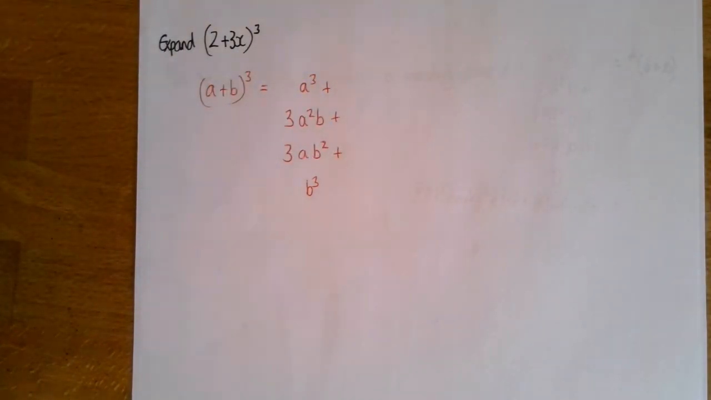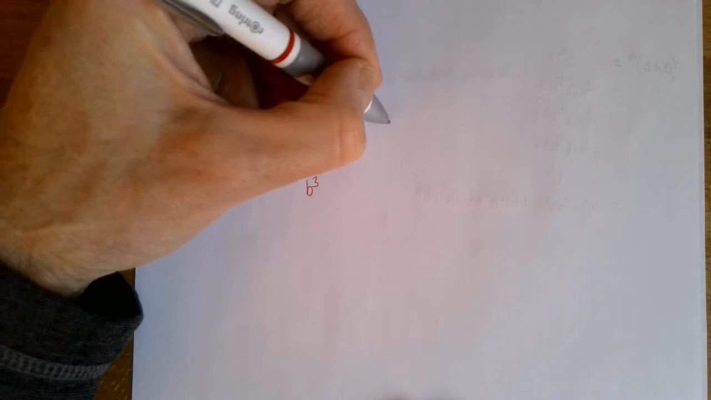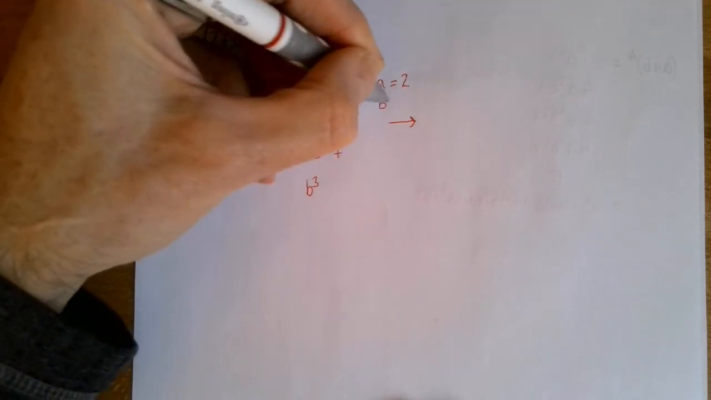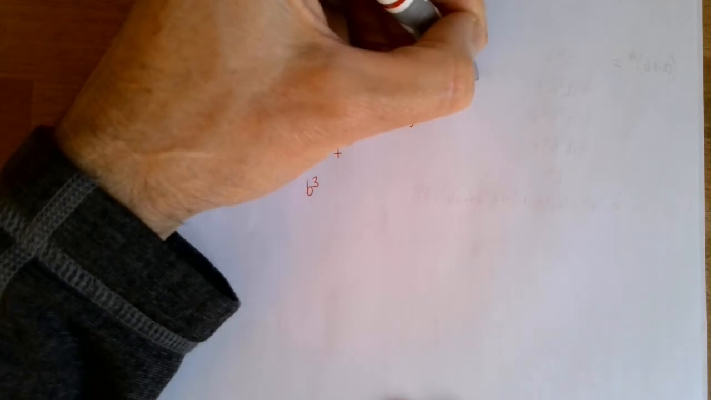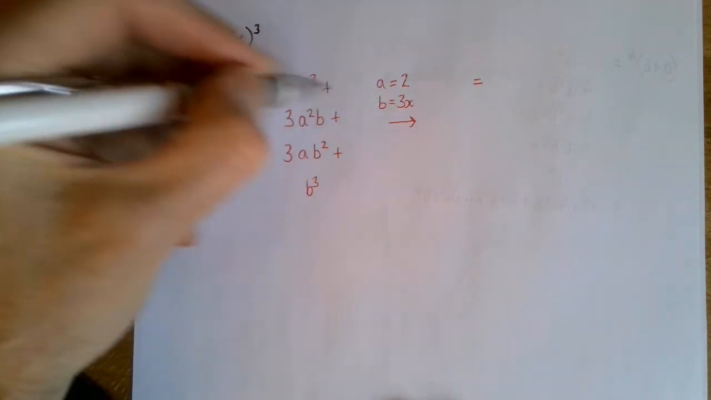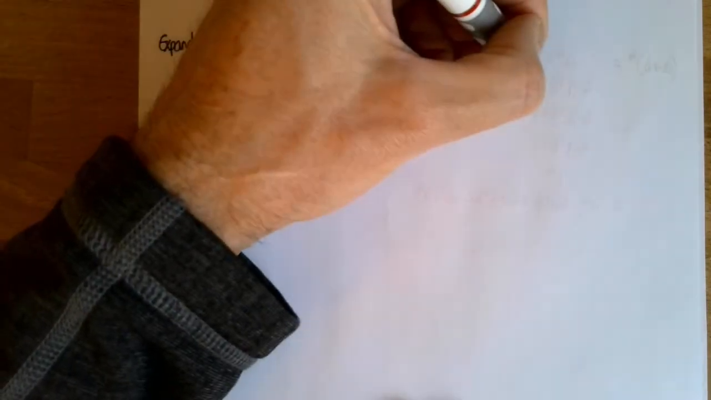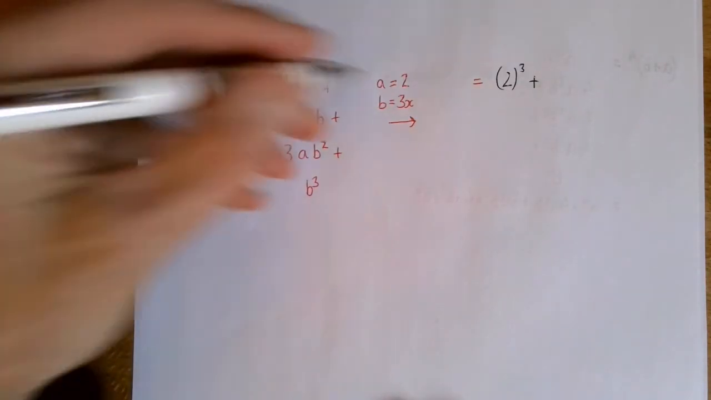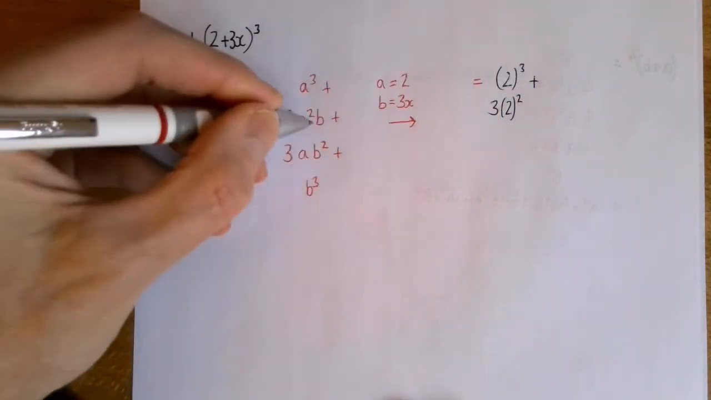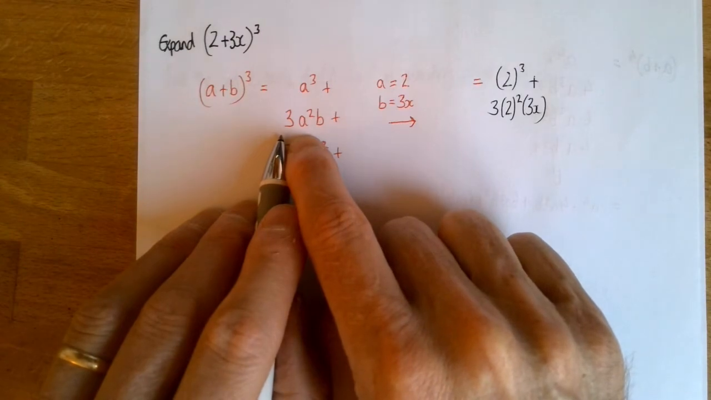Okay, I'm not going to write it out lengthwise because what I'm actually trying to do is this. So what I now need to do is make a equal to 2 and b equal to 3x. So that gives me 2 cubed, and I don't need the brackets, but I'm going to put them in there, you'll perhaps see why in a minute, plus 3 times 2 squared times 3x. So all I've done is rewritten that term, but I've replaced a with 2 and b with 3x,